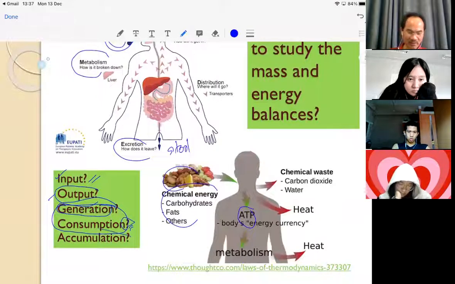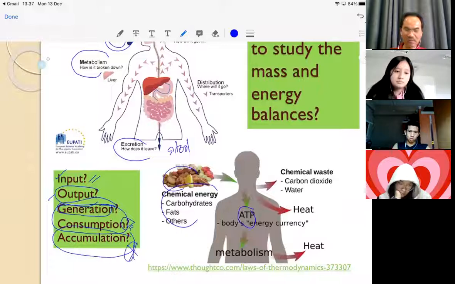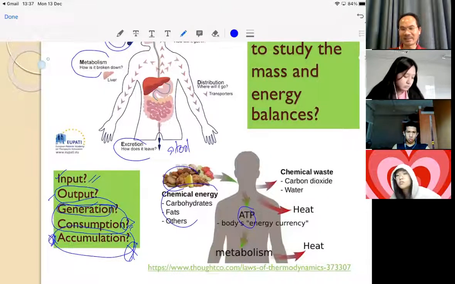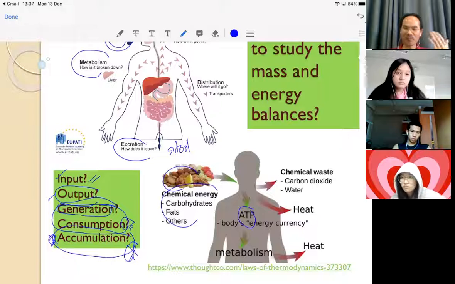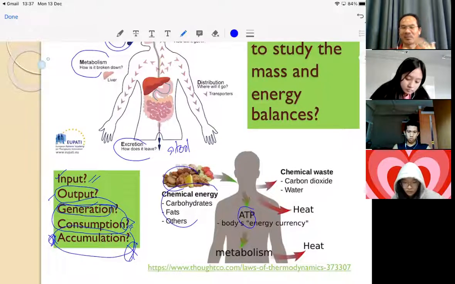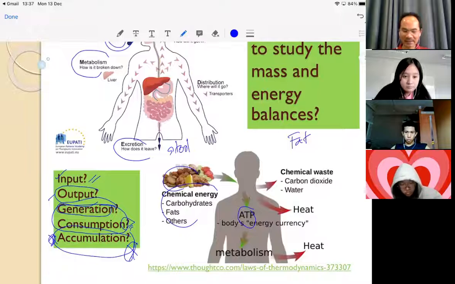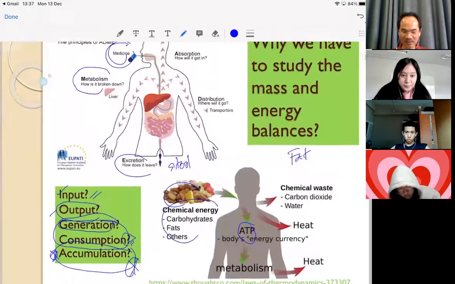And also the last term, accumulation. When your body weight increases, when you eat food in the morning and in the evening, your weight increases. We call this term accumulation. If you eat a lot of food and then have a lot of accumulation, you get a fat boy, or a fat girl. This is the effect of accumulation. This is the basic term that I talked to you about.